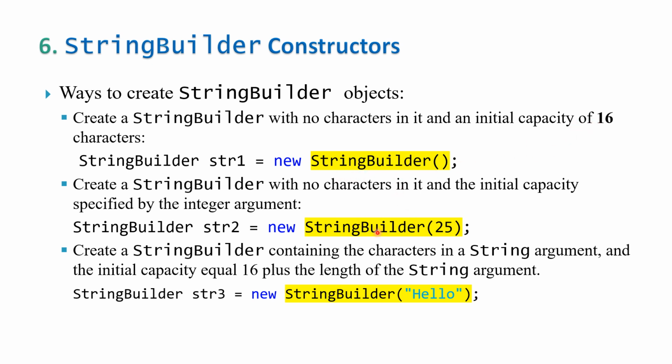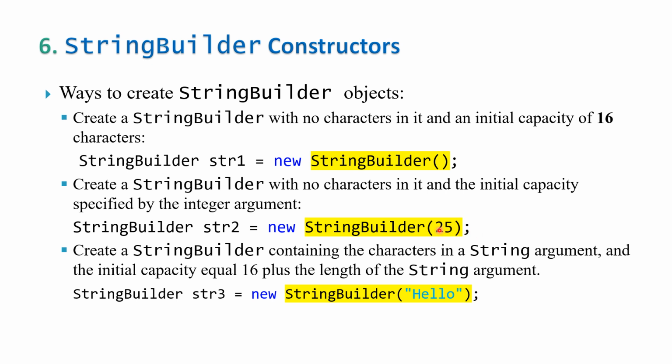The second way is to invoke the StringBuilder constructor with an integer argument, such as 25. This invocation will create a StringBuilder object with no characters in it and the initial capacity specified by the